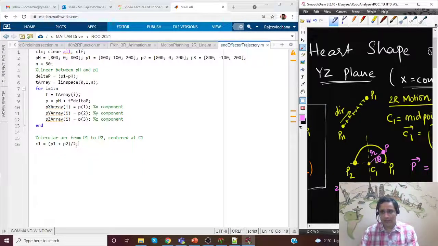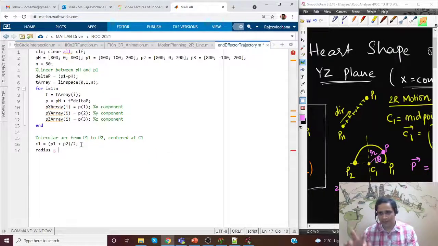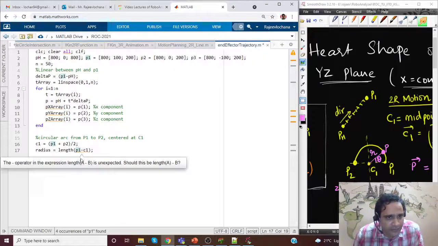Okay, now we also need to get the radius. So one way of doing the radius is, sorry, I have to go there. Radius is, I can get a vector p1 minus c1 and I'll get the length of that vector. That is one way of doing. So we'll just say length of p1 minus c1. What does it say?